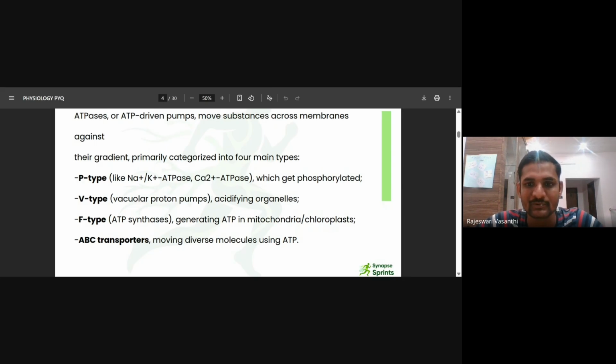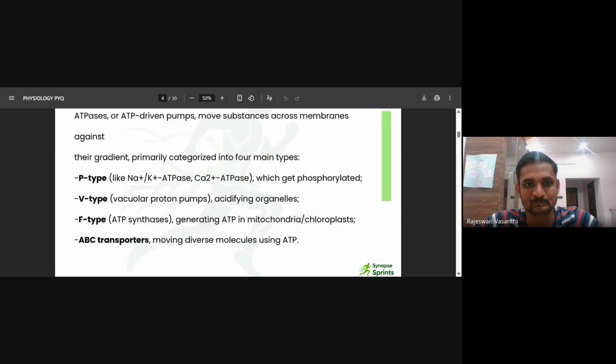First we have P-type. In the P-type ATPase pump, P stands for phosphorylation. Whenever the pump gets activated, the carrier gets phosphorylated. Here we have sodium potassium ATPase, calcium ATPase, and Na plus H plus pump. All these pumps are ubiquitous, most commonly seen in all cells. Next we have the V-type pump, the vacuolar protein pumps, which help in acidifying the organelles. The third one is the F-type pump, or pure ATP synthesis, which helps in generating ATP in mitochondria. Last, we have the ATP binding cassettes, ABC transporters, which help in the movement of multiple molecules during the hydrolysis